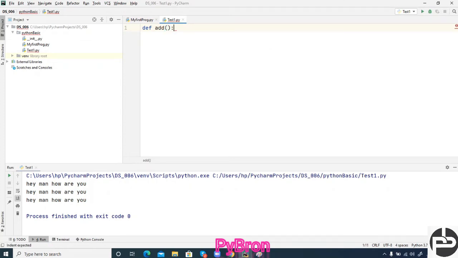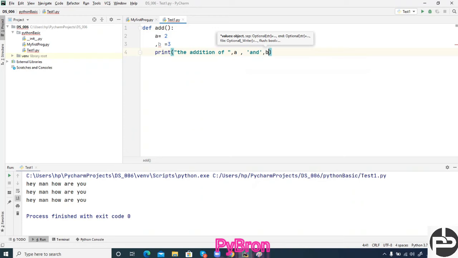Here, print the addition of a and b, where a is equal to 2 and b is equal to 3, the addition of a and b equal to, comma, a plus b.